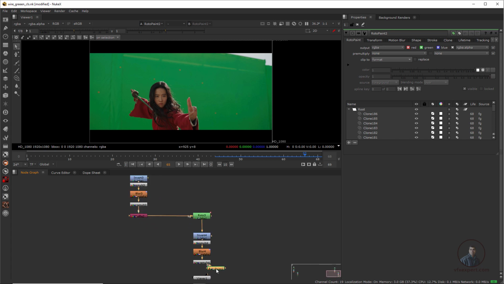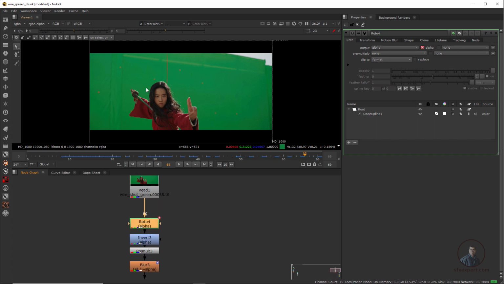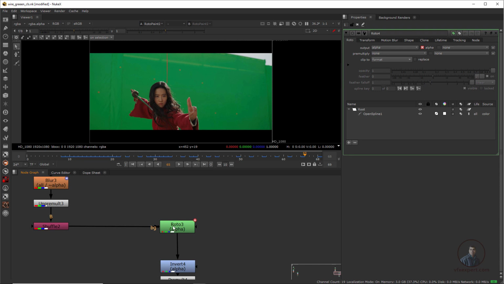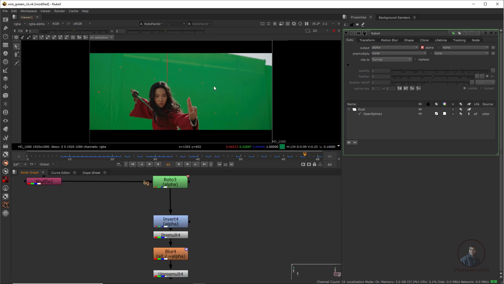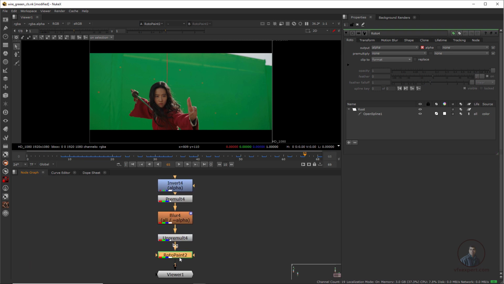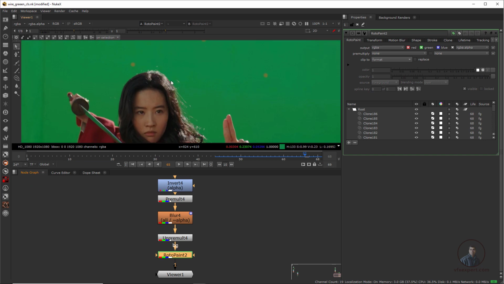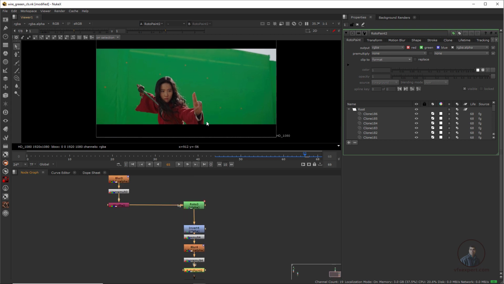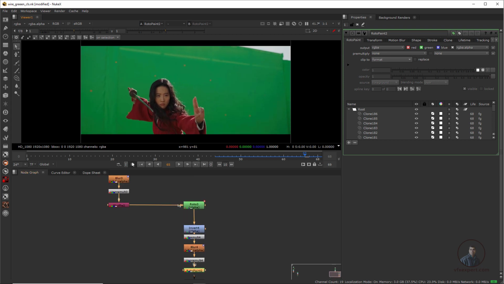So we can easily see it and place it here. This is our first node, this one for the first wire, then all these nodes are for removing our wire, and this is our second roto, with the same nodes for the second one. This paint node is just for adjusting the nearest pixels if there is any problem near your connectors here. Now again, finally play and check. This is our final result here.